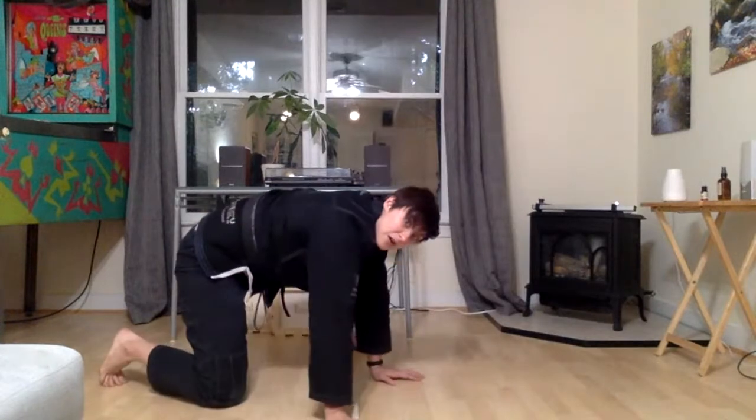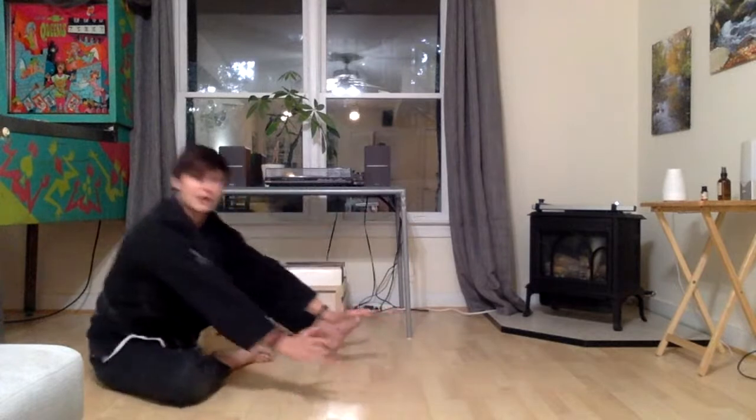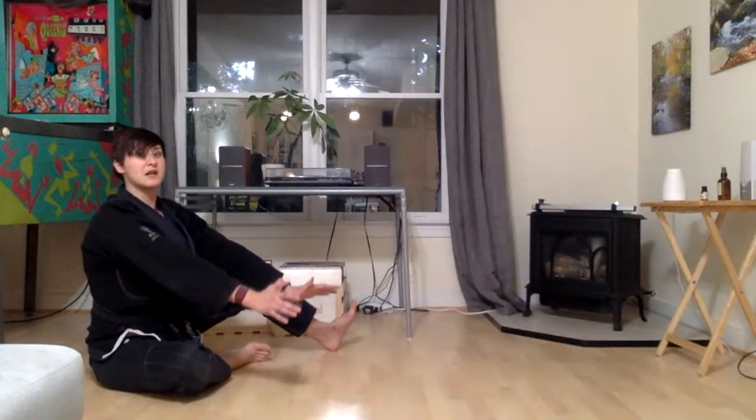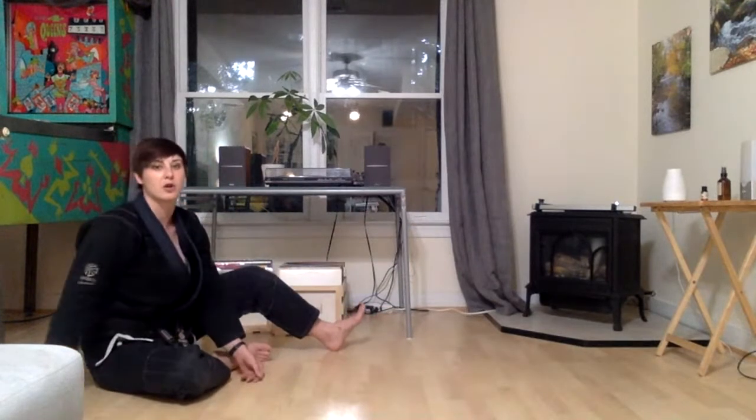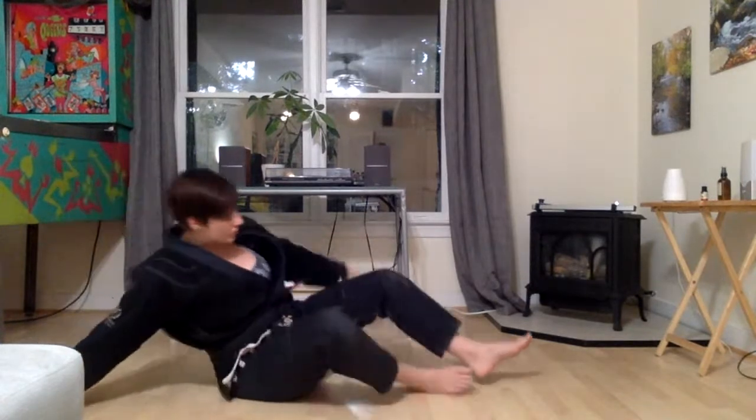So once I get my knee here, I'm going to windshield wiper my foot. My spine is extended. I'm going to sit straight back. That keeps my spine in extension, so I don't have to worry about my neck getting hurt or my ribs getting compressed. So in the very beginning, doing what I would say is my favorite crossbody escape,